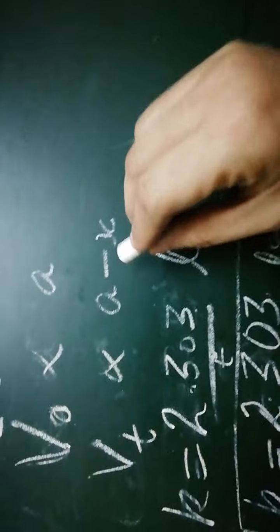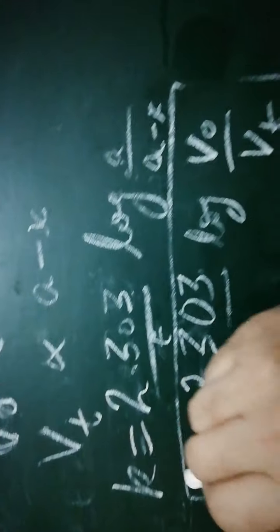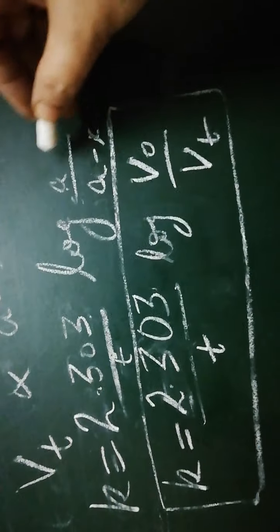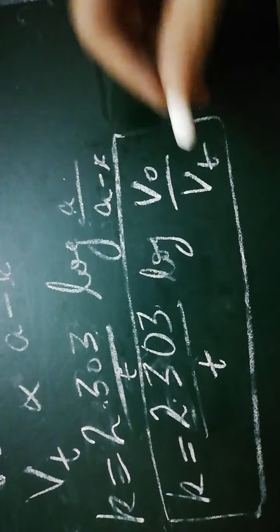So what is Vt? Vt is the volume of KMnO4 at any instant of time. तो अब मान लो आपने 50 सेकेंड्स के बाद देखना है कि कितना KMnO4 यूज़ करना है. तो कितना KMnO4 यूज़ करोगे? जितना H2O2 होगा. H2O2 कितना लेफ्ट है? A minus X. So Vt will be directly proportional to A minus X. So K is equal to 2.303 upon T log A over A minus X. A की value will be equal to V0. A minus X की value will be equal to Vt.